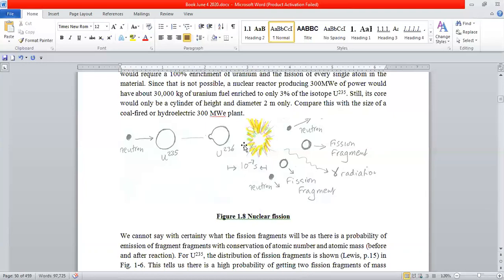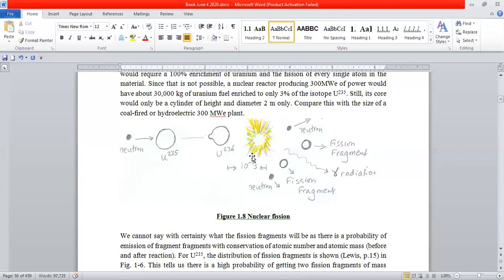When I was at Queen Mary College. And later on, I read that this is exactly the picture that Lise might have drawn, that here is a neutron striking, let's say U235, and it gets absorbed. So I made this little picture, and then it becomes wobbly. It becomes wobbly and it undergoes what is called spallation. It breaks up. So I put some yellow and red colors to show you some bright light,